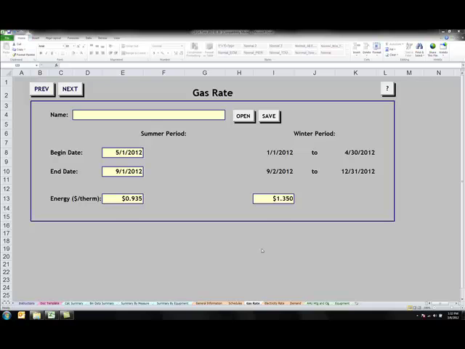On both the gas rate and the electricity rate worksheets, you enter the begin and end dates for the summer periods, and the tool automatically populates the winter periods on the right. Utilities sometimes have different rates for summer and winter periods, and the tool can account for these differences. For our project, the gas rate is the same for summer and winter, so we don't need to adjust the